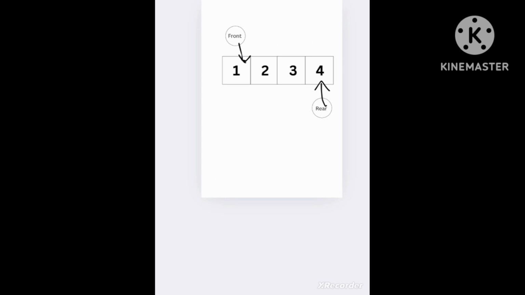Now let us understand diagrammatically how the deletion operation is performed on the queue. Here we have a queue having 4 elements. First we remove the first element, that is at the front end of the queue, whose value is equal to 1. For that we assign the value 1 to the item variable, and then we increment the front.